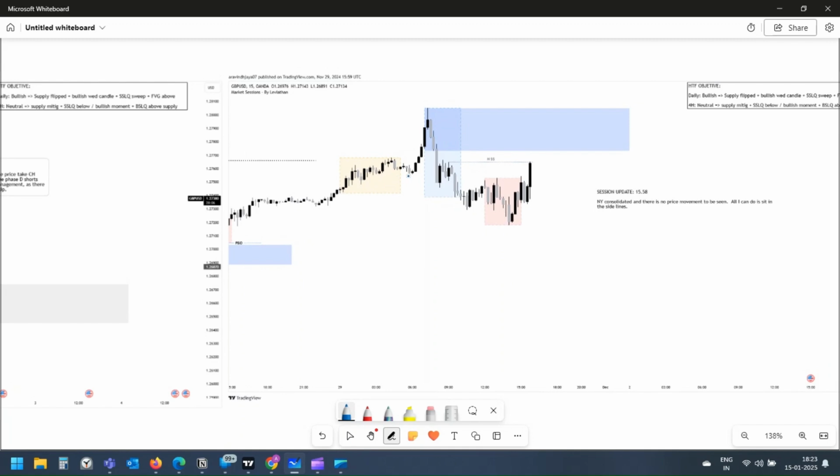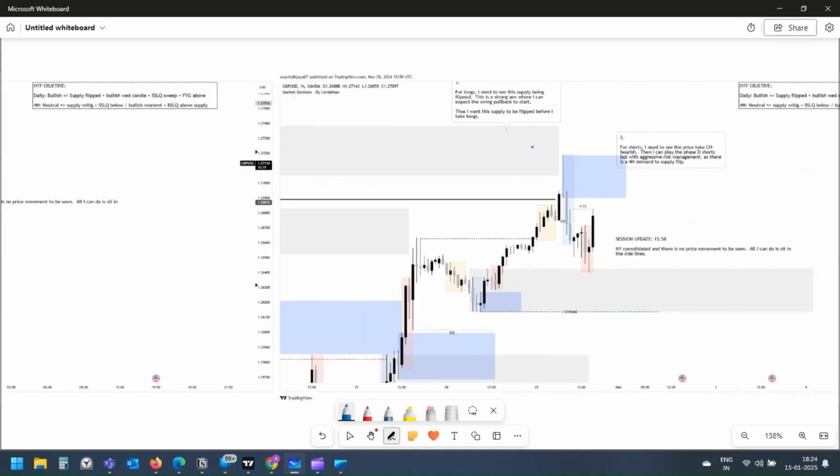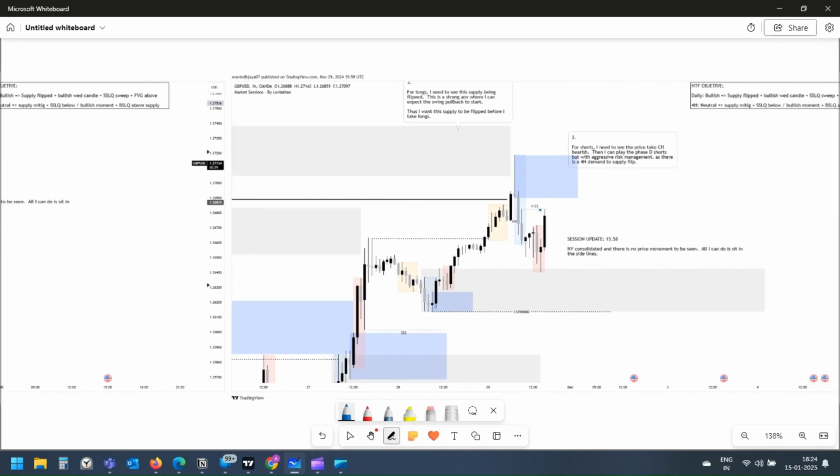Actually, price did CHoCH bearish, so this is the high, and I wanted the price to take out this buy side liquidity, mitigate into this POI and then push down. But unfortunately the New York session was just a piece of consolidation. It did not take out the buy side liquidity, and the real buy side liquidation happened during the lull. Price did not even bother to take out the buy side liquidity. Price just CHoCH bearish and then it continued the bearish structure and mitigated into the 4-hour demand, and it then CHoCH